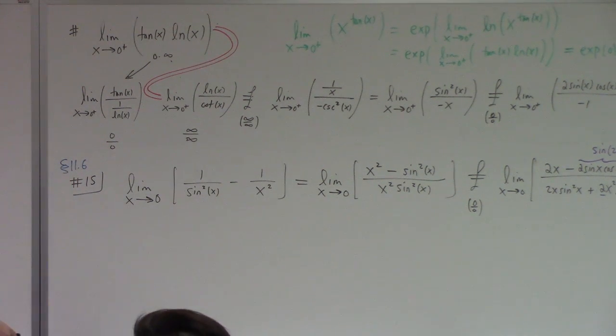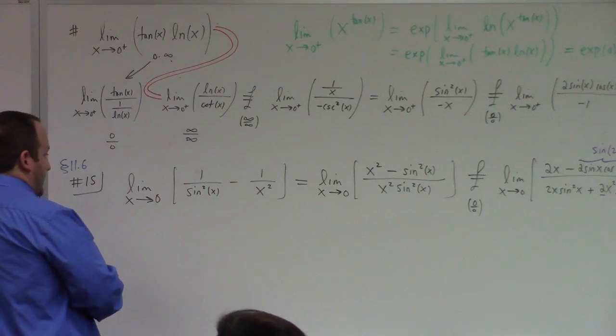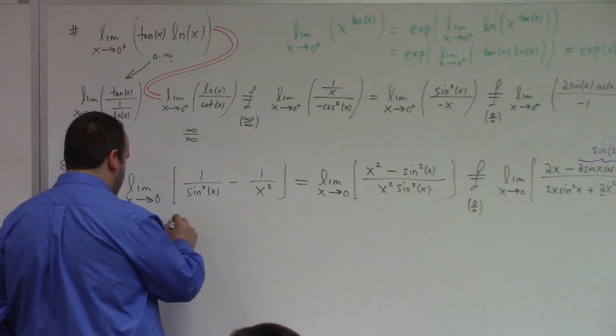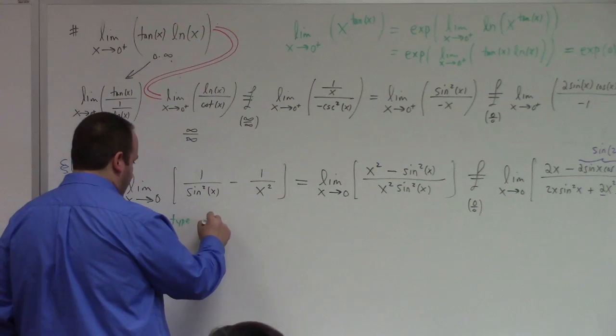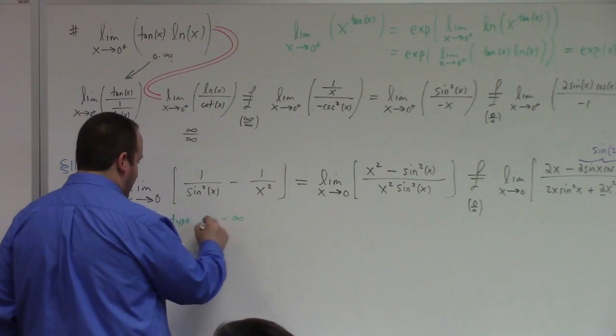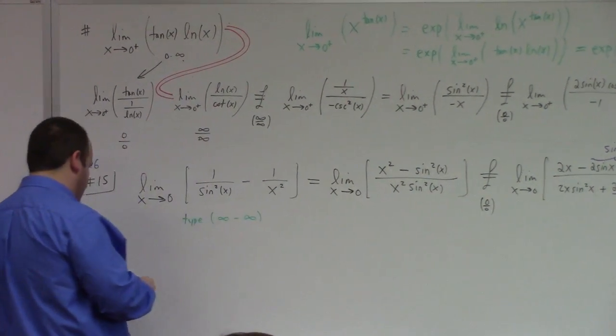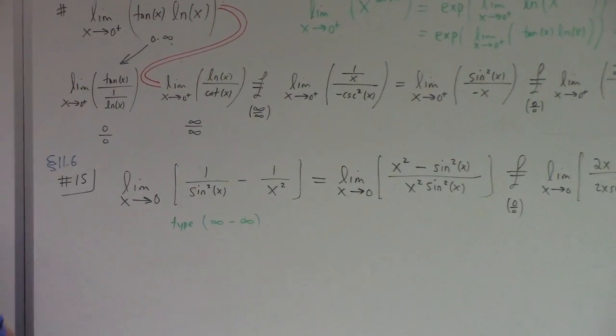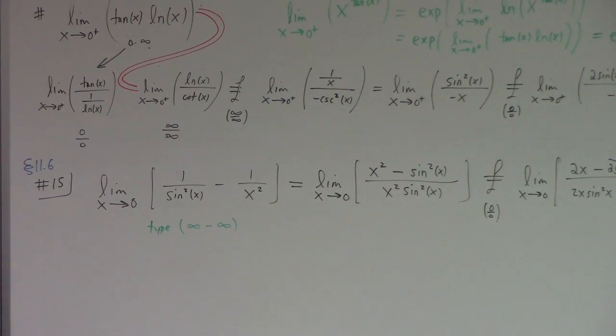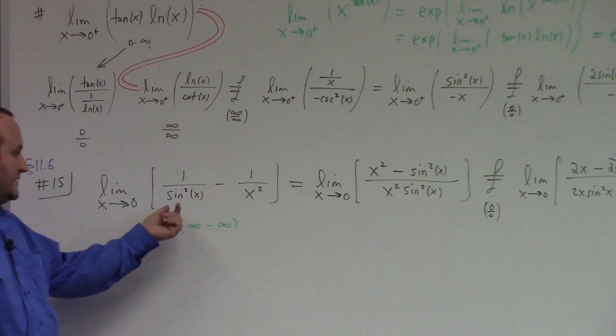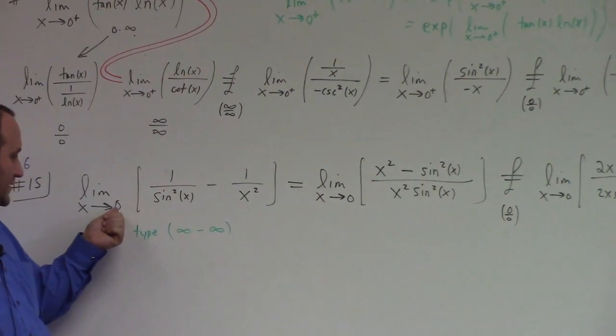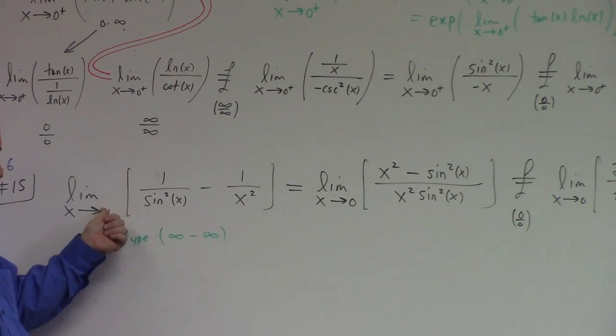The reason that this limit is indeterminate is that it has type infinity minus infinity, right? Infinity minus infinity is not 0, it's not even a number. It is merely an expression to indicate that that's the pattern of the limit, right? Because if we plug in 0, that's supposed to be 0. If we plug in 0